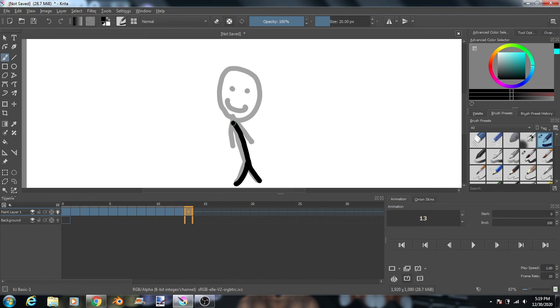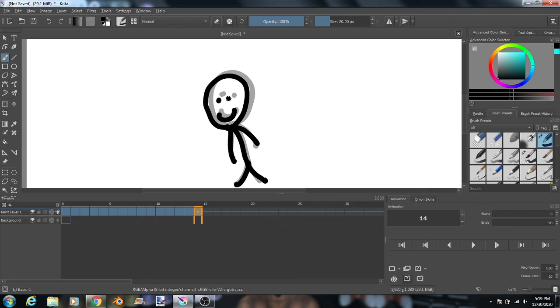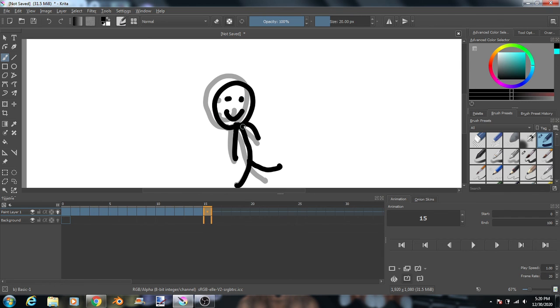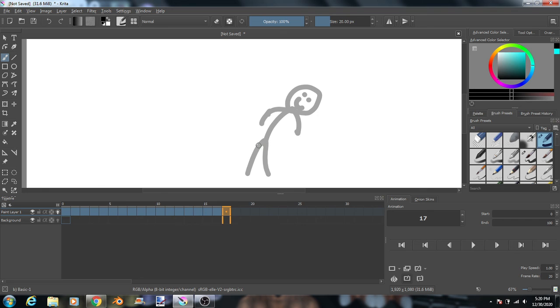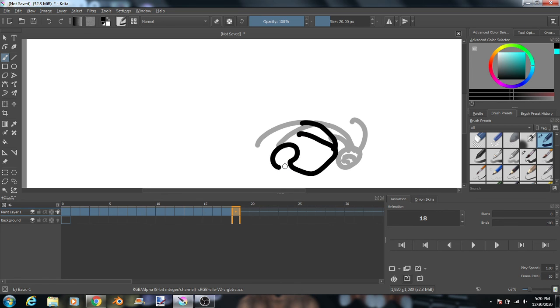So this animation won't look pretty good just because it's a stick man, and I'm not putting much effort into this one. I do put lots of effort into my normal animations, but because this is just to show how to animate, I'm not putting much detail into it, just making it so you understand the basics of animating in Krita, and you don't download Krita and then be like, how on earth do I even draw a line? So this video is just to show you how to animate in Krita, and yeah,